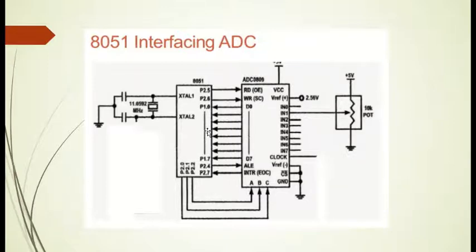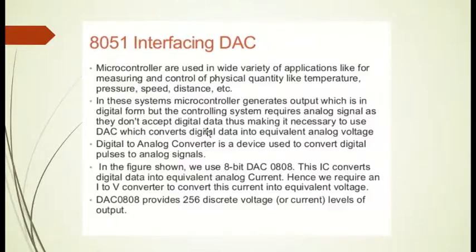I'm just winding up A to D conversion here, and then we move on to D to A conversion, that is digital to analog conversion. Again, the question arises: why is digital to analog conversion required? As we have seen, the microcontroller will give you the answer only in digital form, but not everything accepts data in digital form. So if necessary, it has to be converted into analog form. Like if you are going to connect the microcontroller to a temperature sensor, then the digital output has to be converted into analog input. For that purpose, we'll see how this is done.